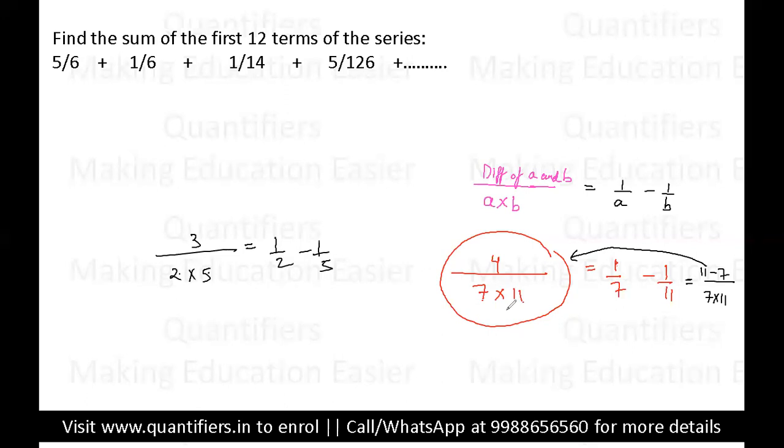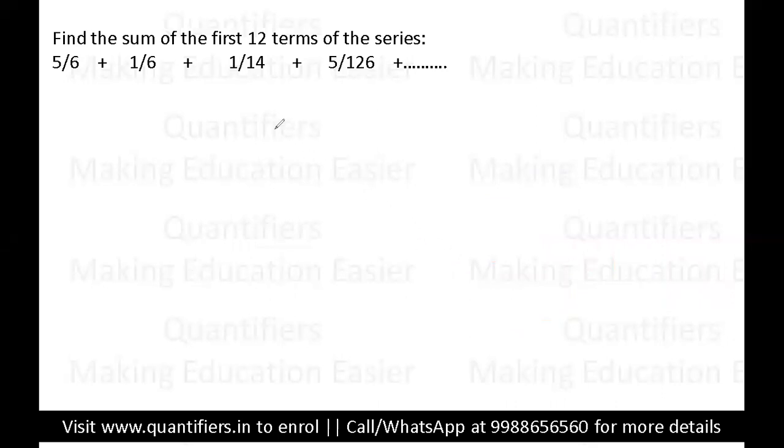Now let us look at the question, students. Now see, students, the problem here is, first of all, we have been given 4 terms, right? We have been given 4 terms, and we have to find the sum of first 12 terms. इसके जो 12 terms है हमें उसका sum निकालना है. Now see, the biggest problem here is, if you try any pattern, you will not be able to get any pattern here. यहाँ कोई आपको symmetric pattern नहीं मिल रहा है.